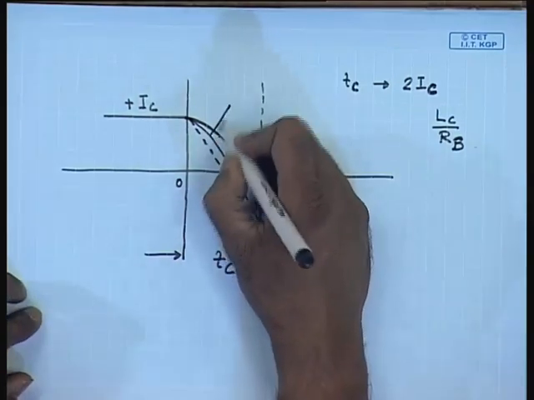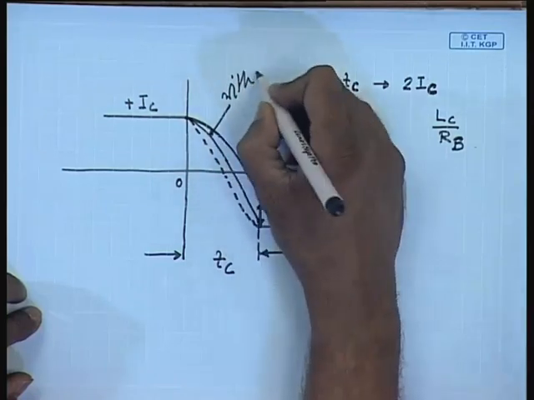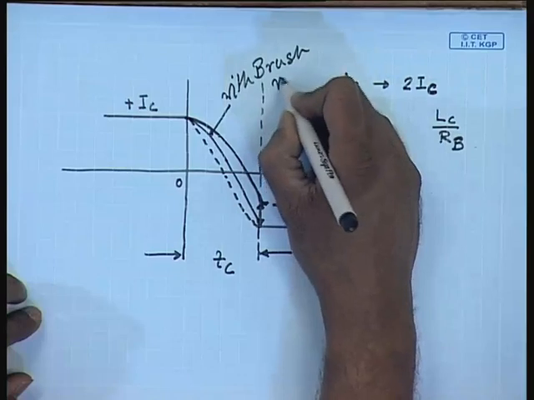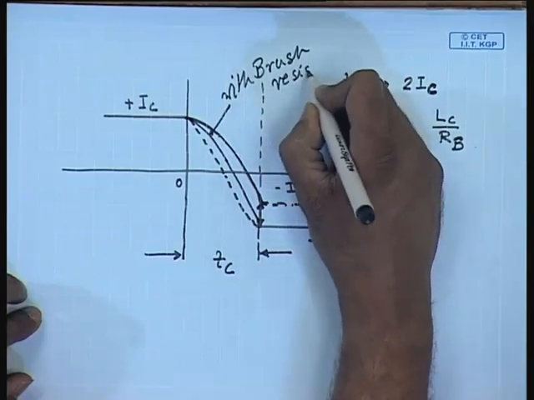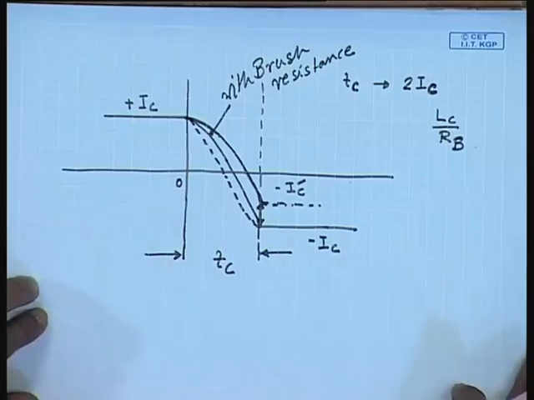This is with brush resistance. This is called resistance commutation,